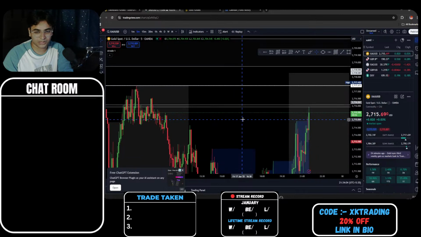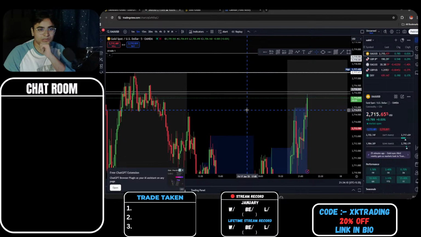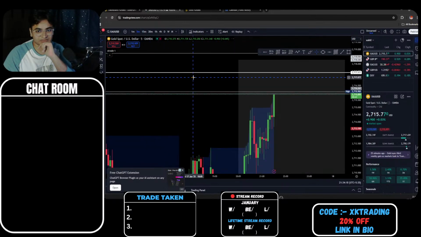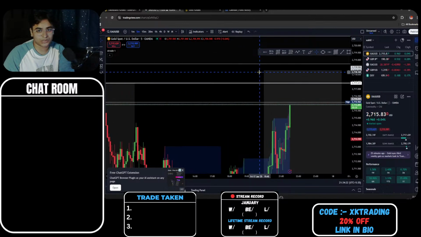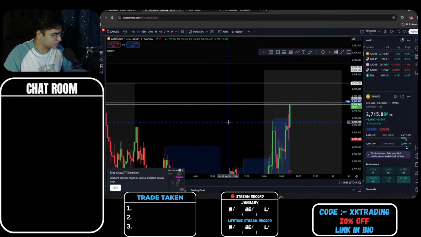If this 5 minute candle closes back into 2714 or below 15, there's a high probability we will continue moving down, or this will be the rejection point. But if not, then the next 5 minute candle will be pushing up further till 2717 or so, and then we have our TP mark there. All right, guys, so I think I'll be closing the whole trade soon.